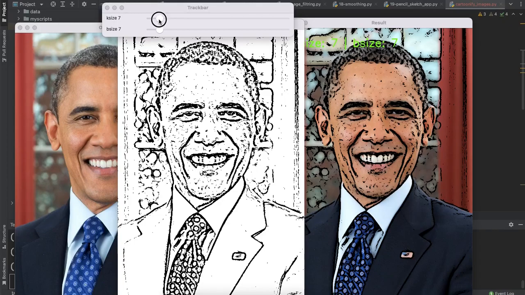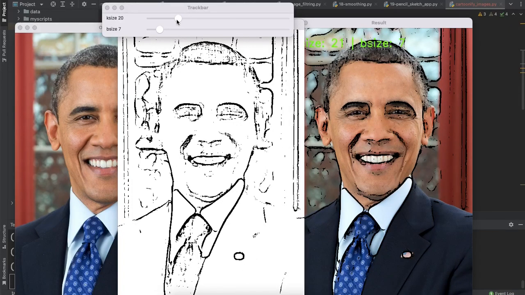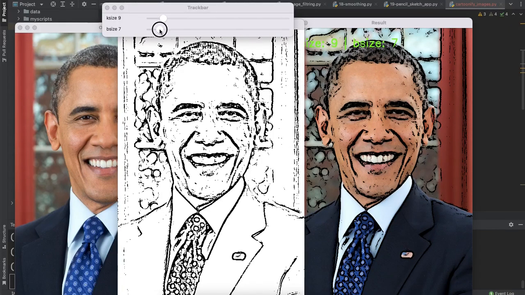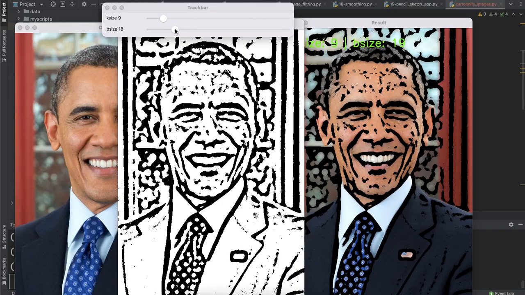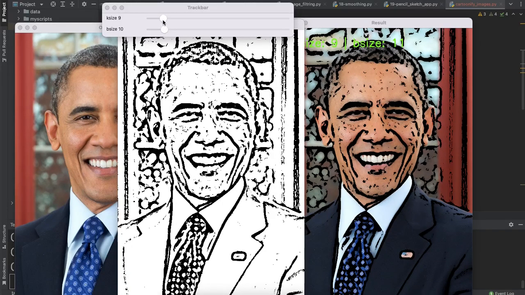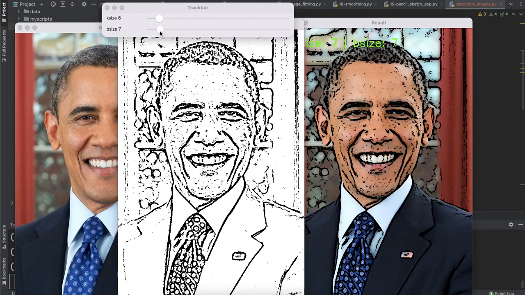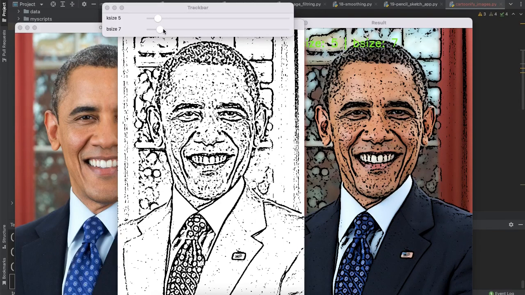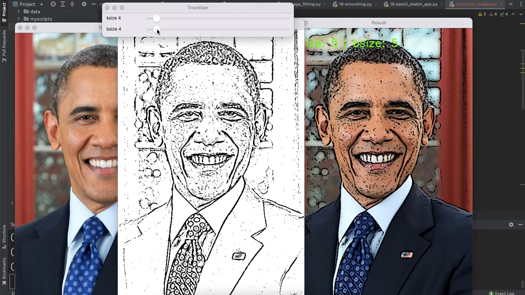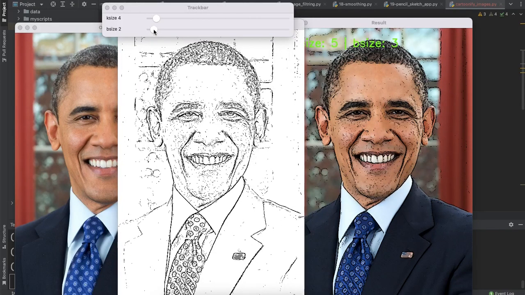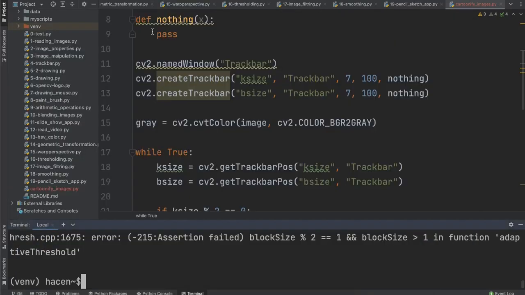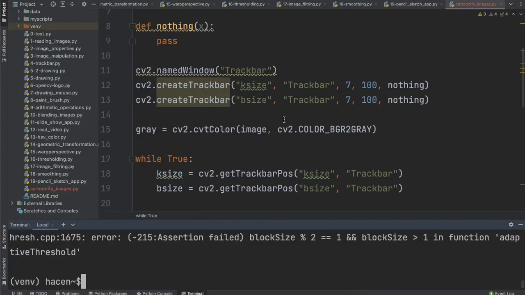If I change the kernel size, it can be like that. If I change the b size, it can be like that. It is better to choose small numbers. In that case, if I make this lower,